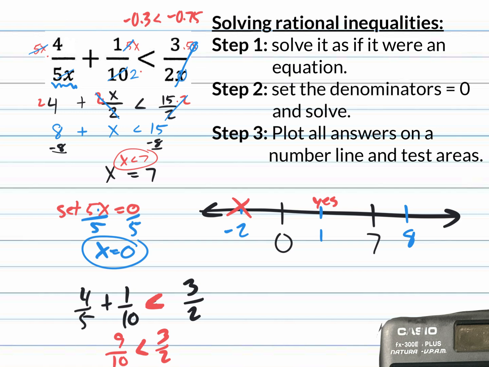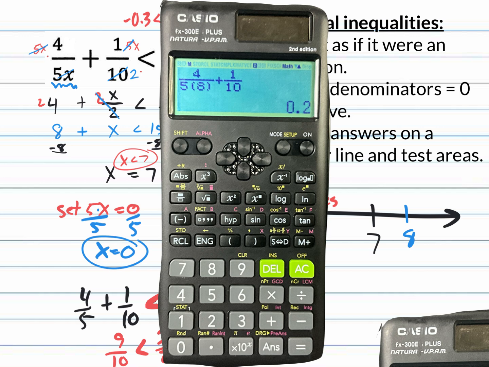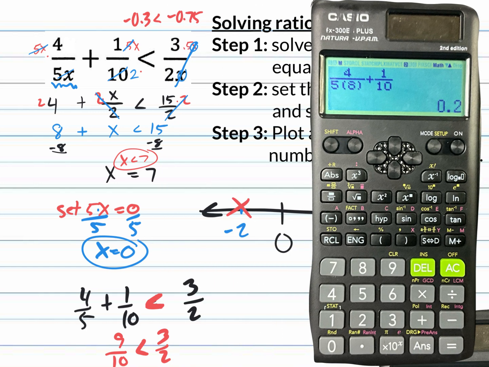Let me just show you on the calculator. So when I type in the 8 into the x, I get 4 over 40, which is technically 1/10 plus another 1/10. This was easier to do without the calculator, actually. And you get 2/10, which is 0.2. So you have 0.2 on the left side is less than, and if you type in an 8 right here, you'd have 3 over 16. So on the calculator, if you go 3 divided by 16 and then change it to a decimal, you get